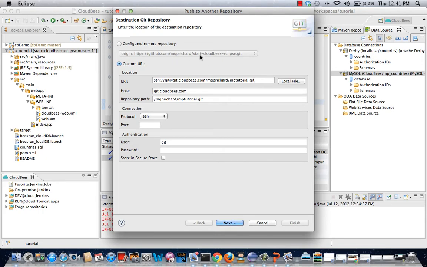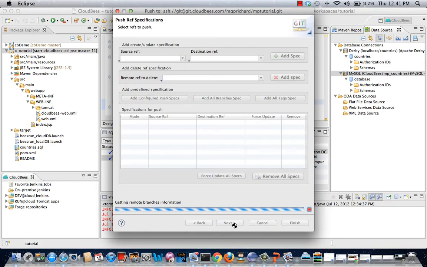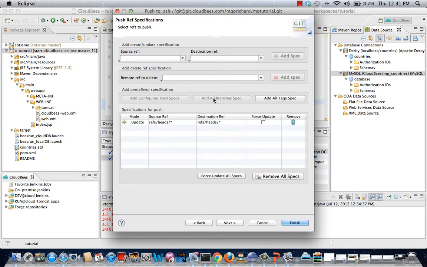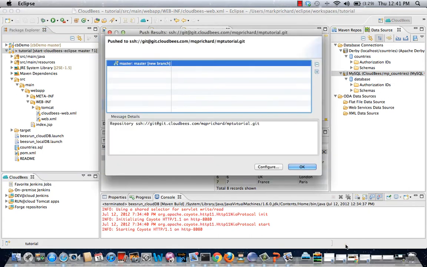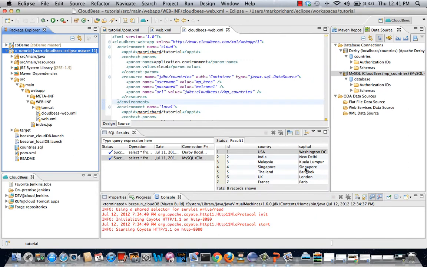Obviously that's the original GitHub repository from which we cloned right at the beginning of this example. There we go, add all branches spec, I'll click finish, and you can see that pushing up to the CloudBees Git repository right now. There we are, and we got the new master branch there. And don't forget, you can track the